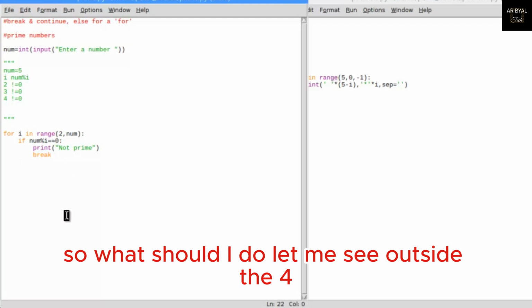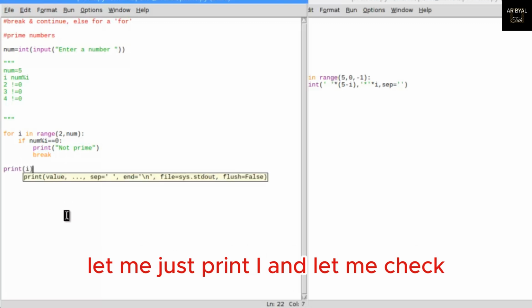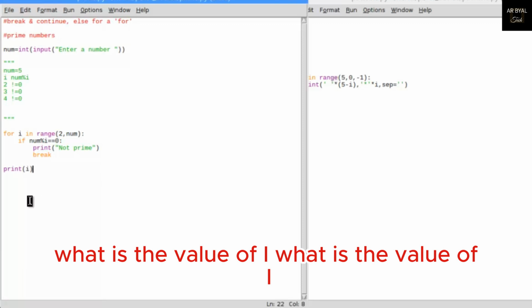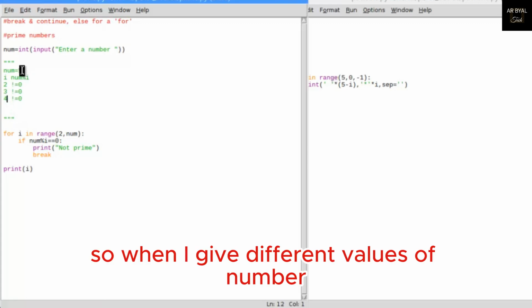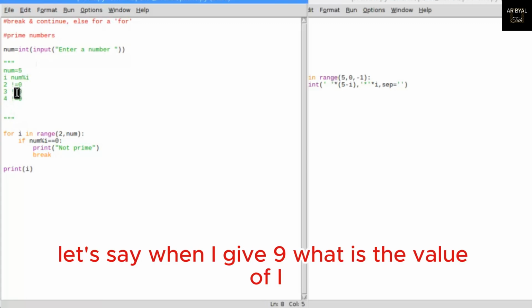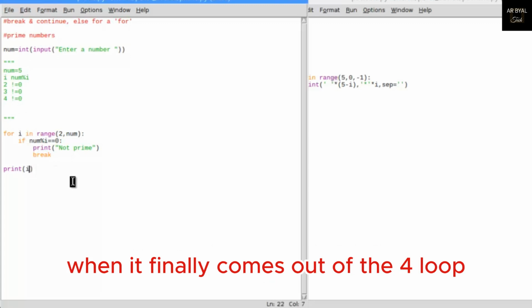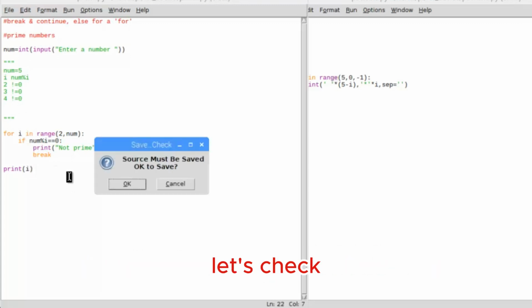Let me see outside the for. Let me just print I, and let me check what is the value of I. The I is this particular value. So when I give different values of number, let's say when I give 9, what is the value of I when it finally comes out of the for loop? Let's check. Okay,